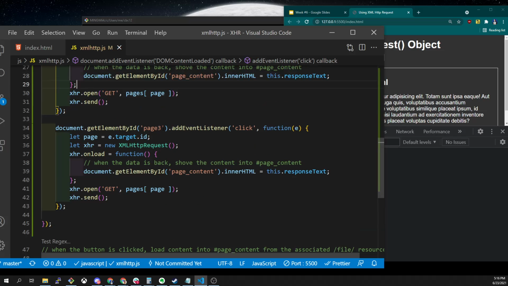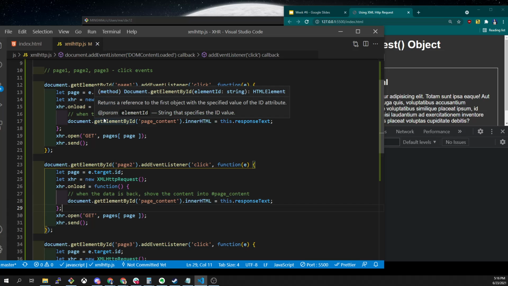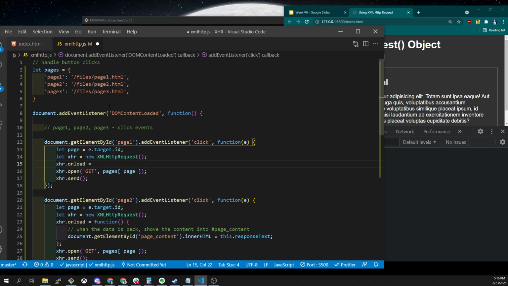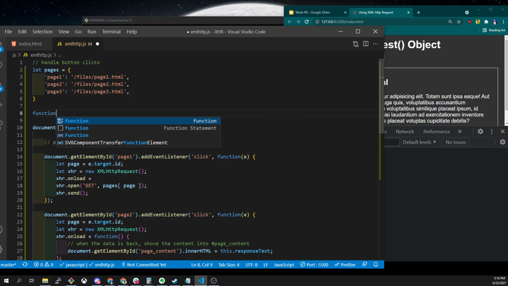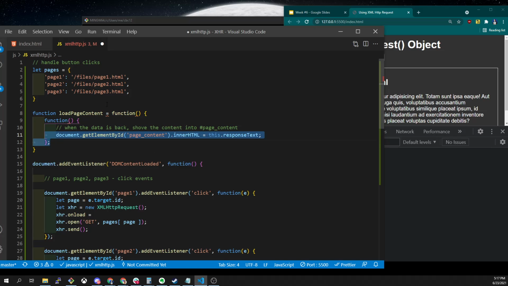What else jumps out is like, maybe we can make this a little easier. Right? When we're looking at this code, obviously the code is the same all over the place. One thing that jumps to mind is we're using the same function everywhere. So we could make this our next thing we would do. We'd come in here and say, function load page content equals function, and we just simply,